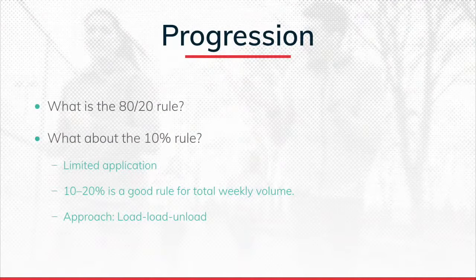All right, so now we've worked with some clients and they're getting more fit. How do we continue to challenge, and how do we continue to get them to be even more fit? So when we're programming, think about what's called the 80-20 rule. And another descriptor of this is polarized training model. Now, the 80-20 rule can be applied to multiple aspects of life. You may have heard me talk about it in terms of nutrition in the past, but this polarized training model means that we're spending roughly 80% of the time in low and moderate heart rate zones, and then only 20% of the time in higher intensity, elevated heart rate training zones. And we'll get into a few examples of that.